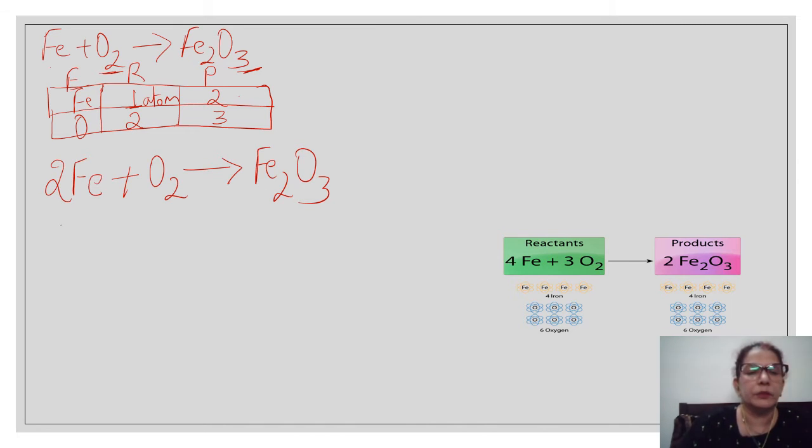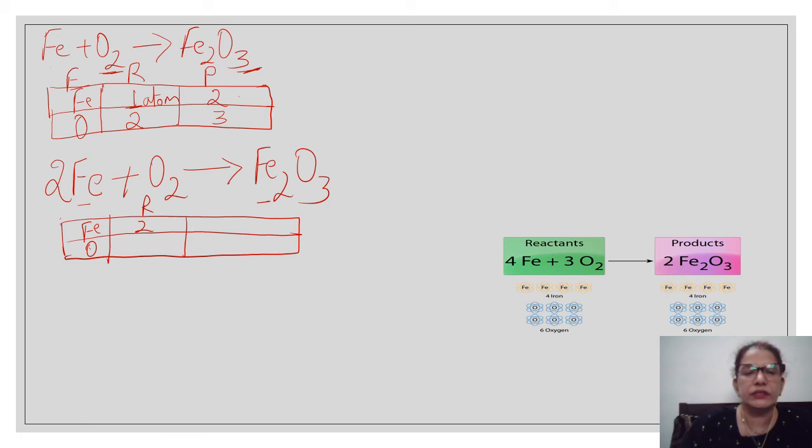Okay. Now again let me make the box to check whether all the atoms are balanced or not. So here I have Fe, oxygen, and again now Fe here on the reactant side we have 2. On the product side we have 2 atoms. Oxygen on the reactant side is 2, product side is 3. Now if you see, the Fe is balanced, iron is balanced, excellent, very good. But oxygen is not balanced. So in order to balance the oxygen, now we will add a coefficient. I have to make this 2 into 3. So let me add the coefficient 3.